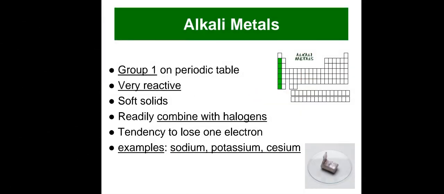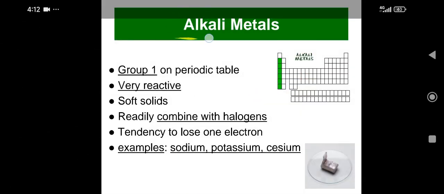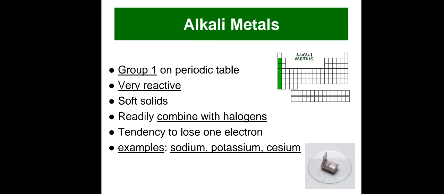Now we will study metals in detail. So the first group of the metals of the periodic table is the alkali metals. All the alkali metals have one electron in their outermost shell and so are very reactive. Elements at the bottom of the group are more reactive than those present at the top of the group. Their tendency is to lose one electron, that is their valency basically.